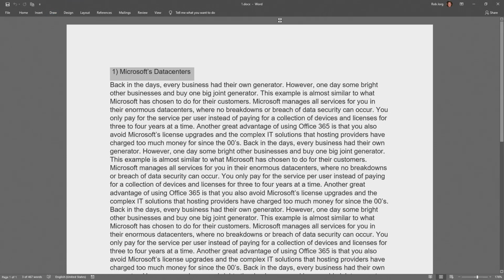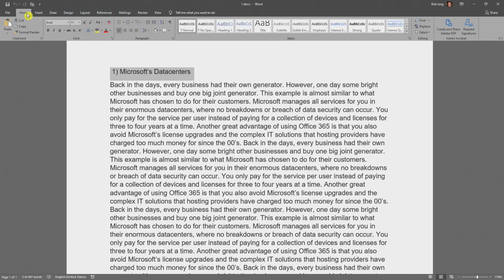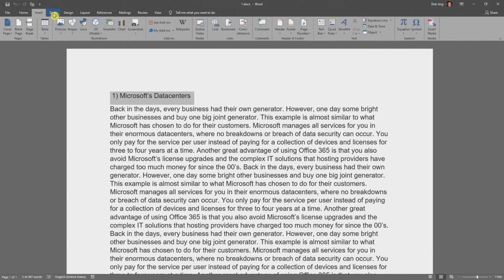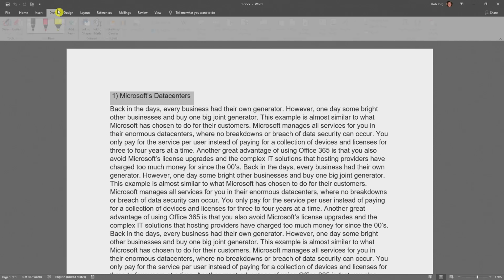Okay, the ribbon. Over here you see a menu bar, and these are called tabs. When you press the tab, you can see this ribbon basically, and that is what it is called, a ribbon. And each tab shows you more options available in that tab.